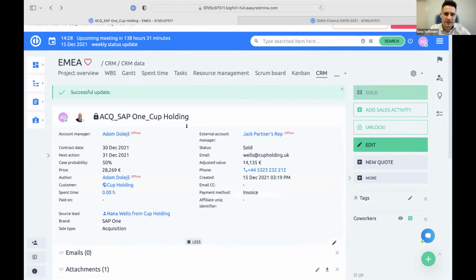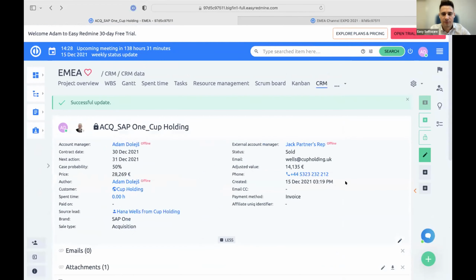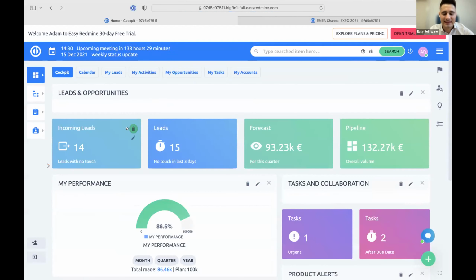So this was a journey from the lead through opportunity to the contract. In case you have any questions, please feel free to write them in the Q&A, and we will be happy to answer them. So now this is the whole story of the lead to contract, and now let's get back into